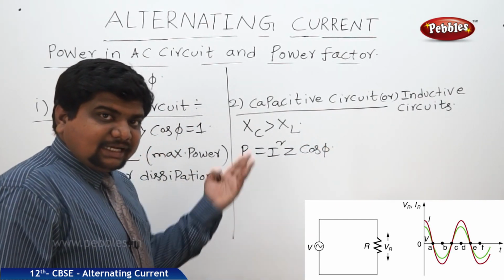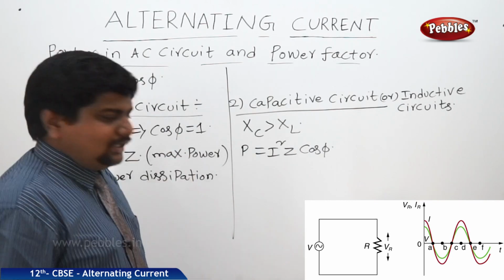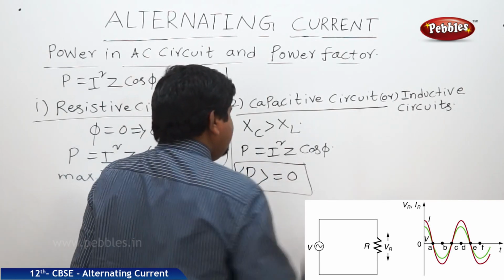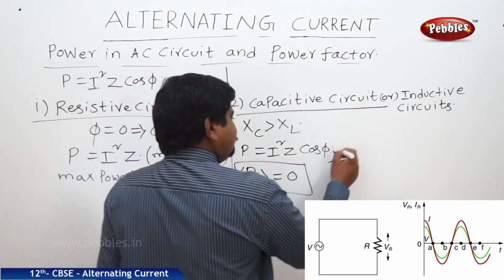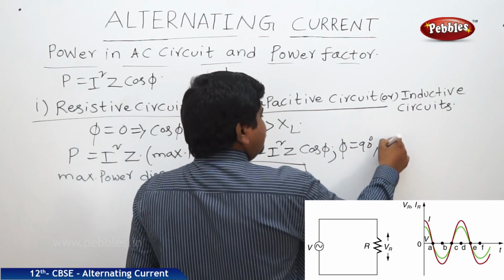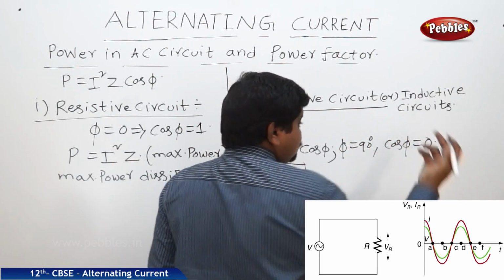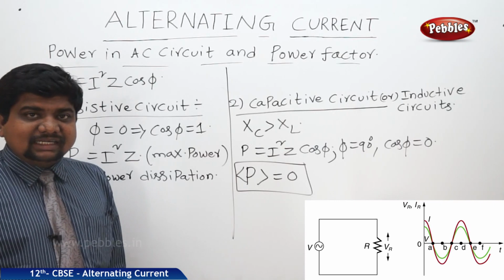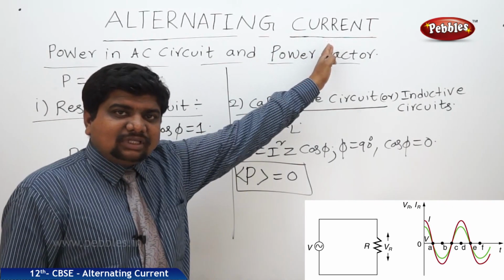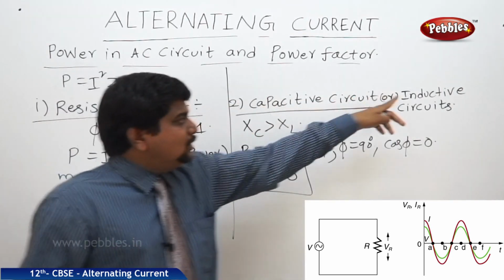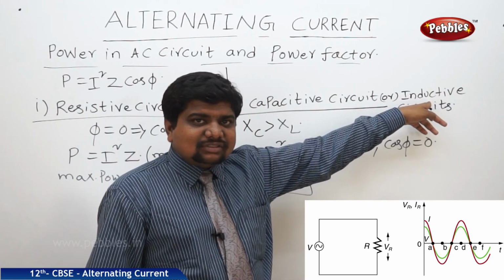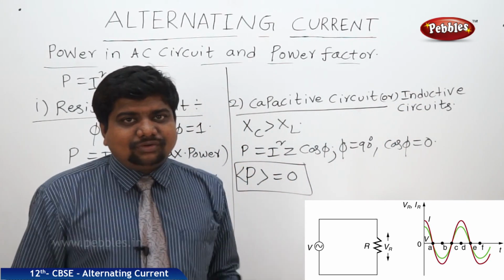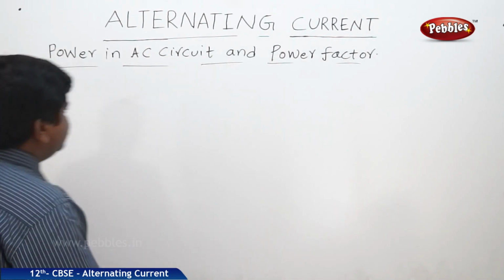What is the phase difference? 90 degrees. Lags by pi by 2 and leads by pi by 2. Therefore, average power dissipation through capacitive circuits or inductive circuits is 0 because phi is equal to 90 degrees. Correspondingly, cos phi is 0. And we are proving that average power dissipation is 0 in capacitive or inductive circuits. Means only capacitor is connected to the AC source, it is said to be capacitive. Only inductor is connected to the AC source, that is inductive circuits. Next conditions, we should see the LCR circuit and resonant circuit. Now we will see the power dissipation in LCR series circuit.